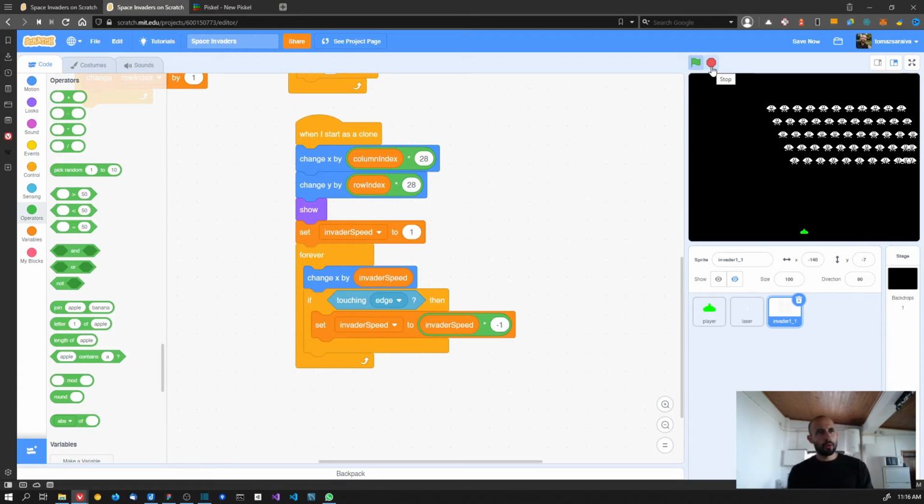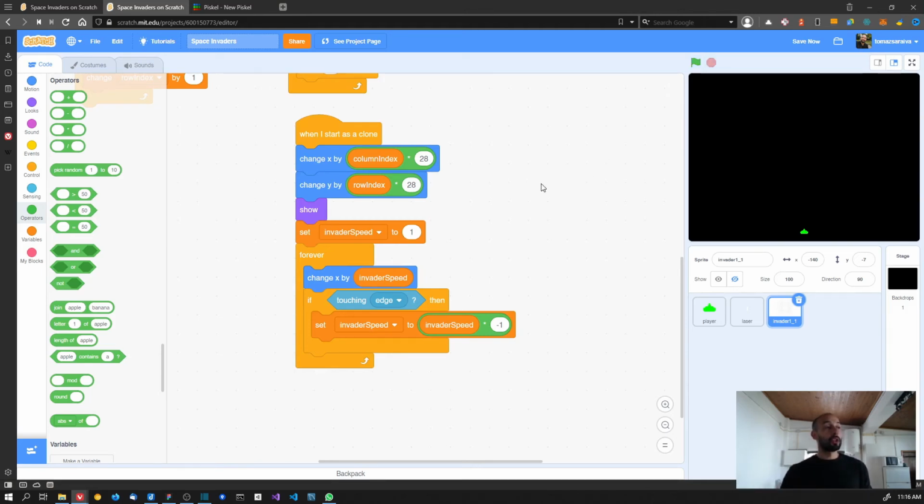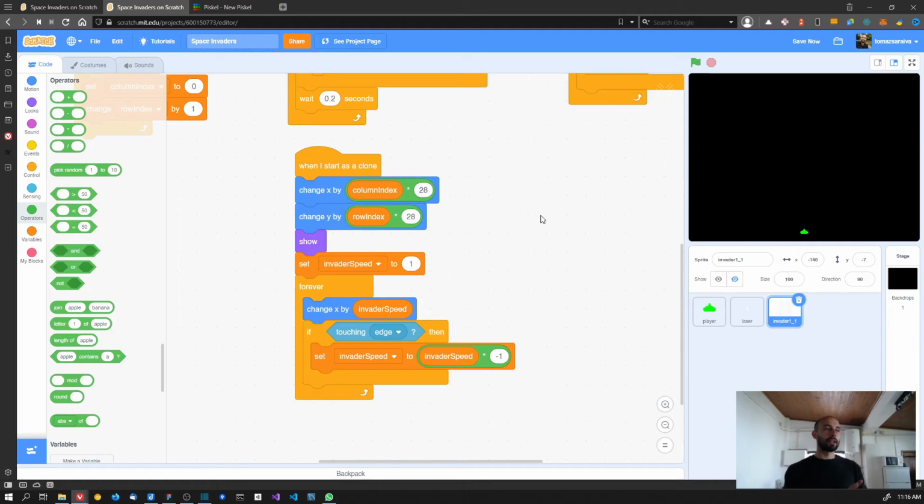What we need to change now is that the invaders are inverting the direction, but only when each one of them touches the edge. And that's not what we want. What we want is that when the first invader touches the edge, it tells everyone else, okay, all of us need to invert direction and start moving the other way around. So we need to change this to make it work like that. So it's not when the invader touches the edge, but when the first invader of the whole group touches the edge. It tells everyone else, okay, everyone invert